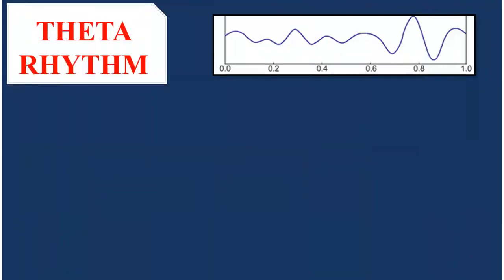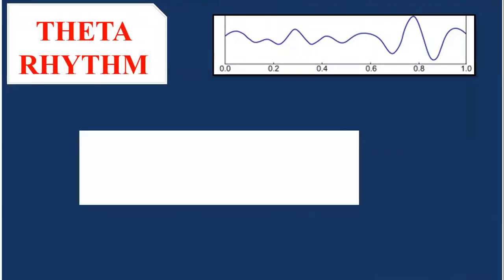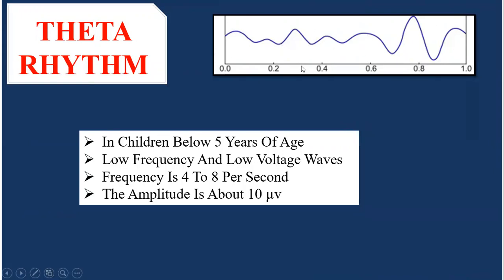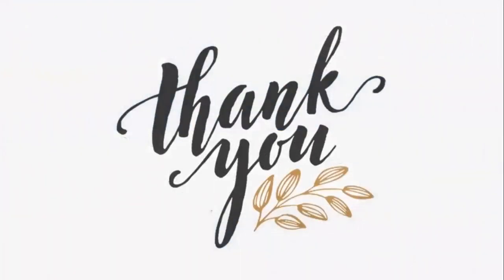The other wave is the theta wave, or the theta rhythm. Theta rhythm is mostly observed in children below the age of 5 years. These also have low frequency and low voltage. The frequency may range from 4 to 8 waves per second, and the amplitude is very low, about 10 microvolts. So this is the theta rhythm, which is observed in children below the age of 5 years. These are the different types of waves that are recorded by the EEG, and according